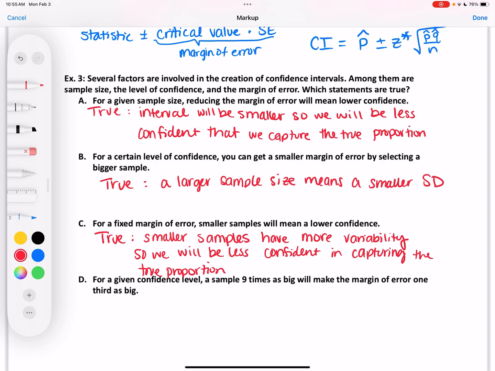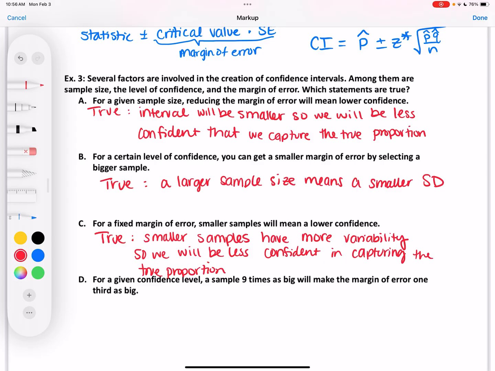For a given confidence level, a sample 9 times as big will make the margin of error 1/3 as big. False. True. False. Virginia is back and forth again. Think about the formula. If your sample size is 9 times as big,